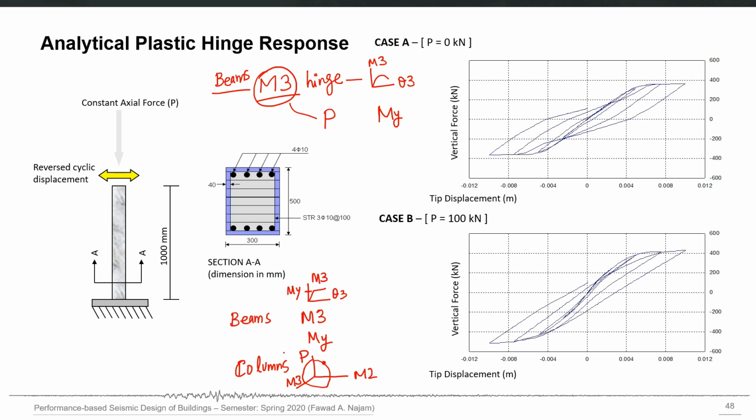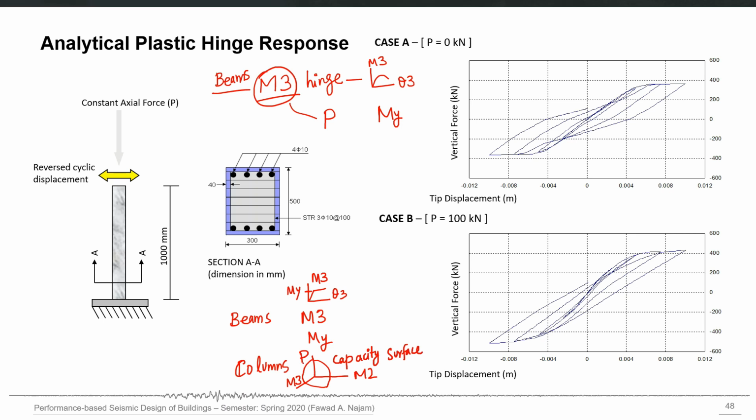So if you talk about capacities of columns, it is not just one number My. It is not only My as in the case of beams. It is a complete three-dimensional surface called the capacity surface. So there is no unique combination which will fail that column.